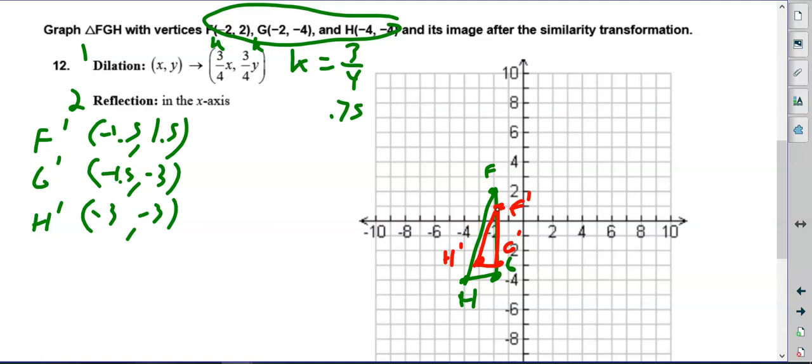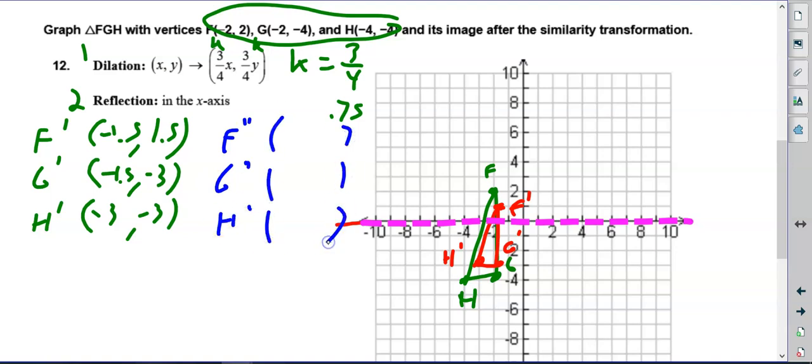Now we're going to reflect it across the x-axis. That's this axis right here. So this is one where we just count. Okay? So F double prime, G double prime, H double prime. All we're doing is counting. So F prime is